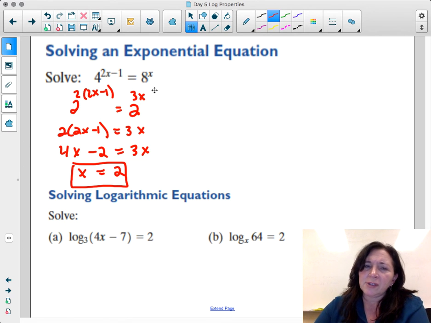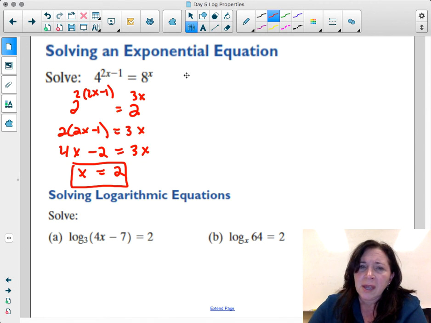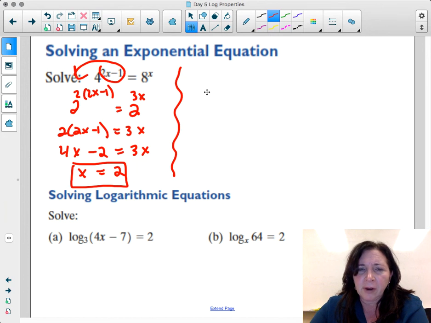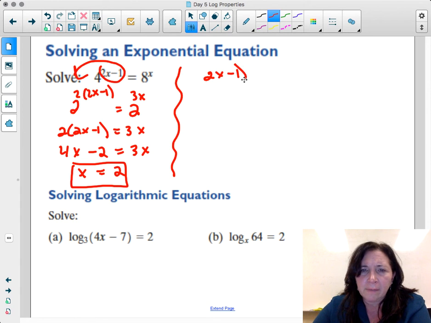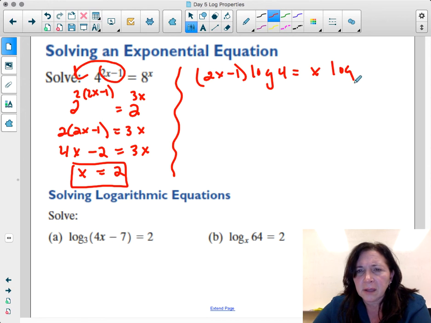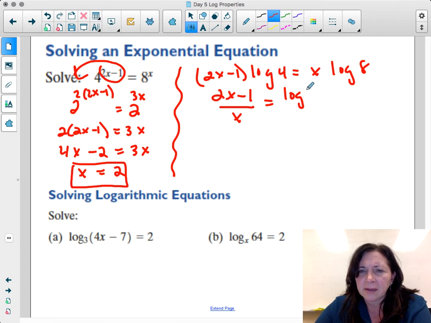Remember that you can actually solve this with logarithms also. Let me just show you. Bringing this to the front, 2x minus 1, right? Bring your variable out of the power. So we would get 2x minus 1 as a parenthesis, log 4 equals x log 8. I would most likely move these logs over together. So that would give me, simplifying, 2x minus 1 divided by x equals log of 8 divided